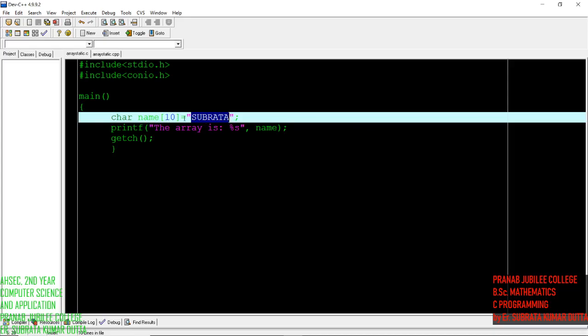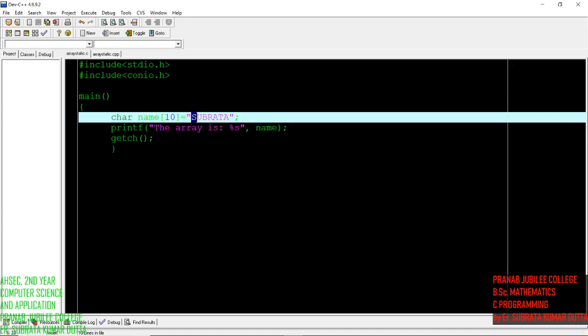Which type of element will it contain? It will contain char, that is character type. A character means a single alphabet, single digit, or single symbol, a single letter.